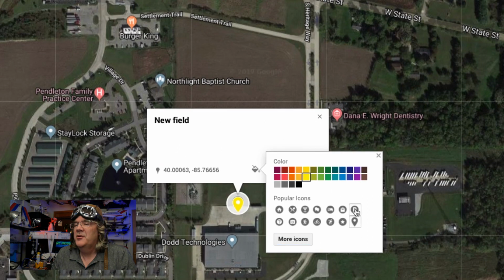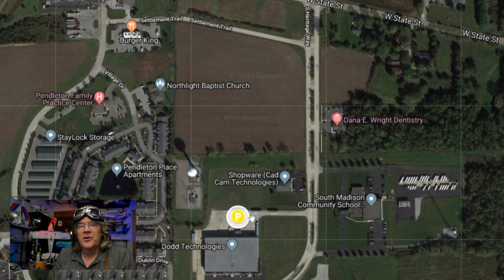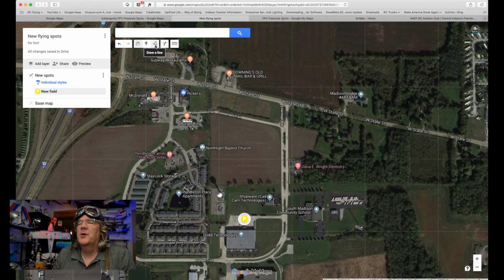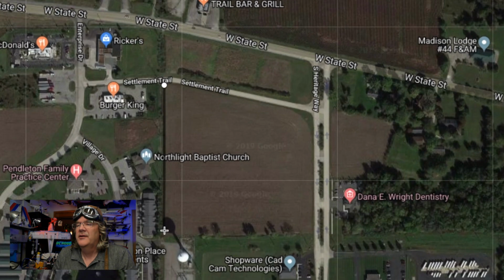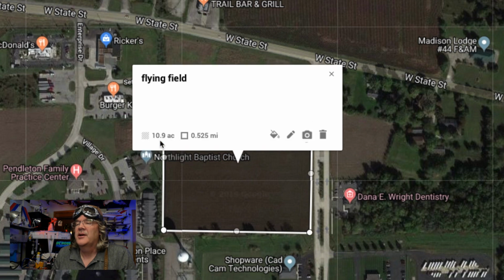So let's just say make that P for parking. So I've denoted where I'm going to park, and then I come up here to draw a line, and I can click on an area to mark the field. Alright, so once I do that, I've closed the polygon, and I can find out that it's 10.9 acres,